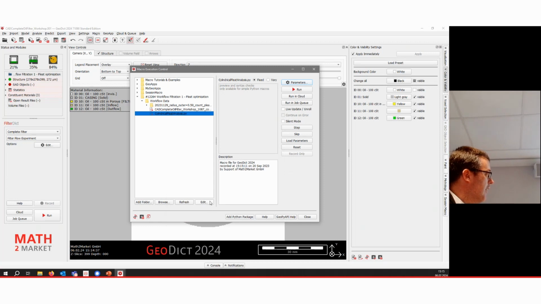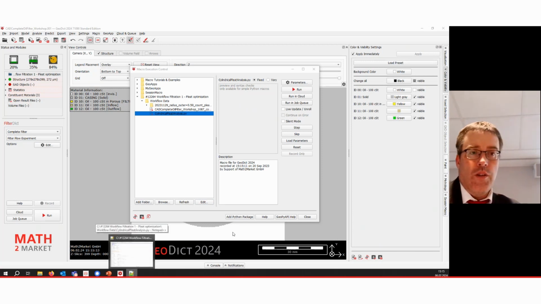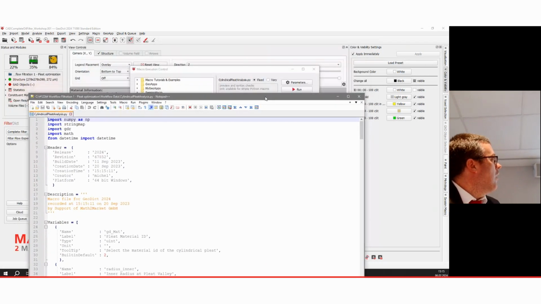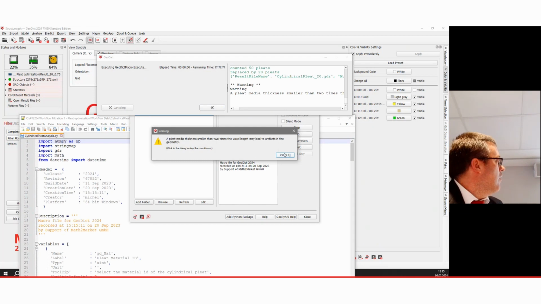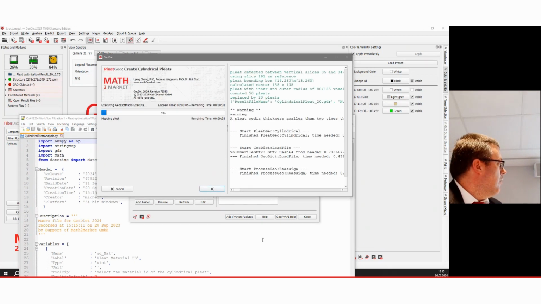Before I do that, I click edit here because every script you can open. And I have to find it first. Where is it? Oh, there it is. So I click run on that.